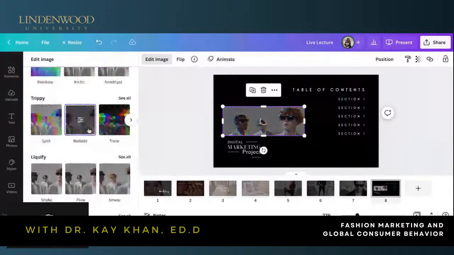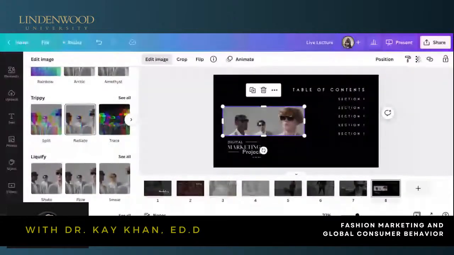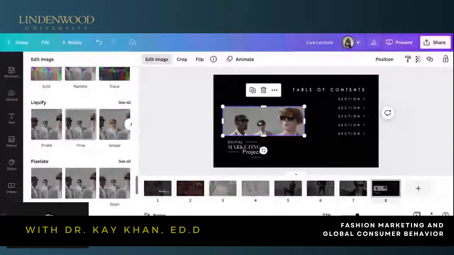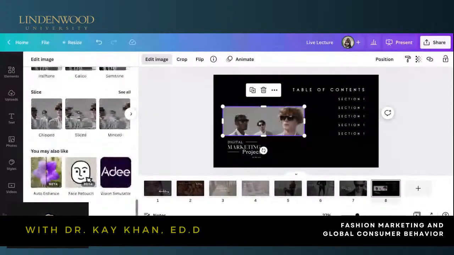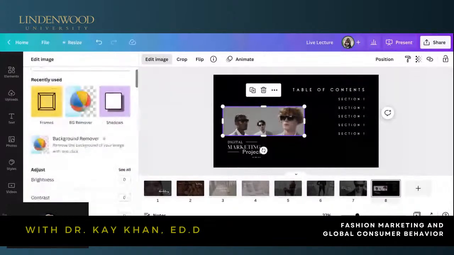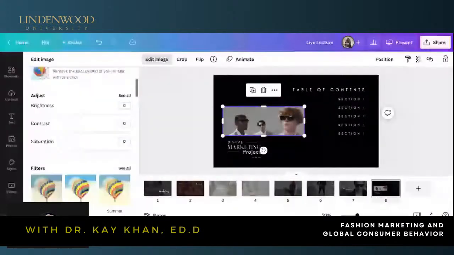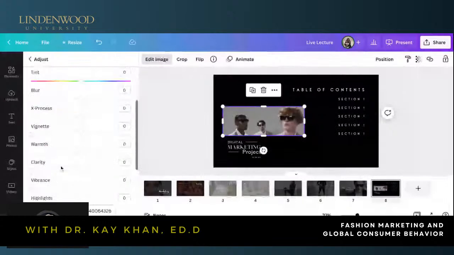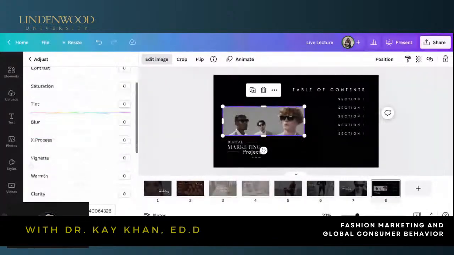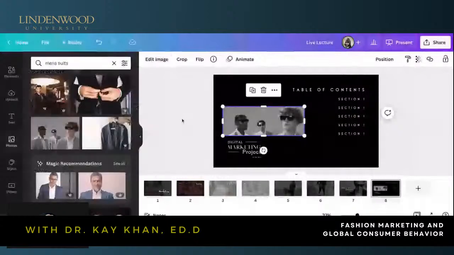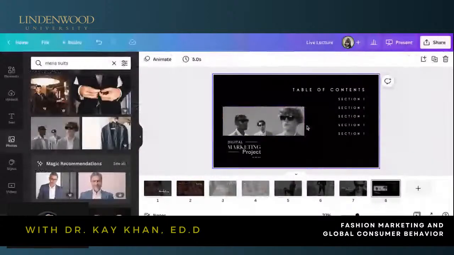Nope, I don't like that either. Brightness, contrast, saturation. Let me go here. Okay, here. Blur, blur, blur, brightness, saturation. Let's see if I bring the saturation down. Okay, it takes them to a black and white. I love that. It's very clean.